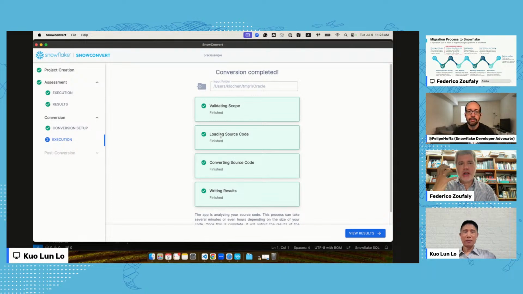Also, if you're doing lift and shift, then the testing of the converted code is easier, because it should essentially be the same results. If you're doing a re-engineering, then the results may change. You're changing the data model, and so the comparison between source and target systems is not the same.